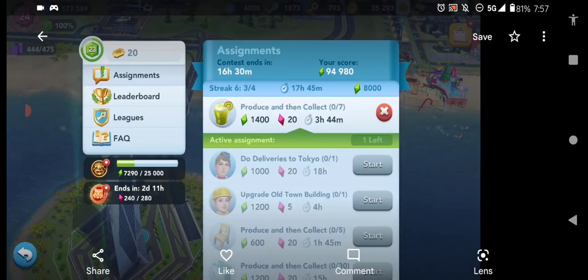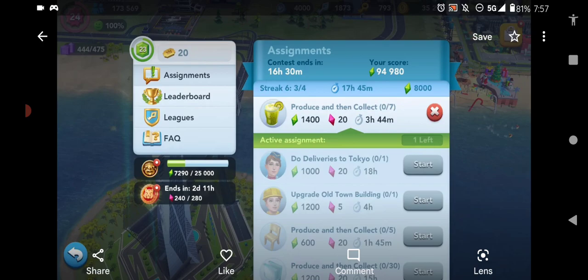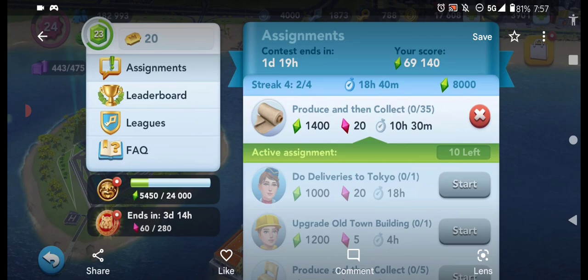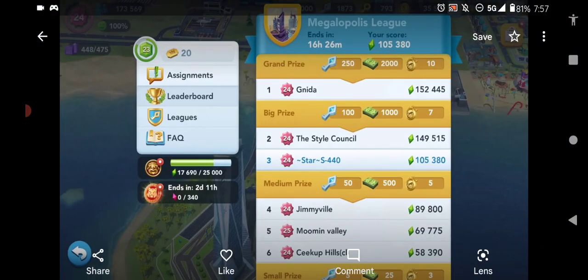Okay, so now he's got a bunch of downtime for text, sugar. Another text. And at least you got 1,000 cash, because